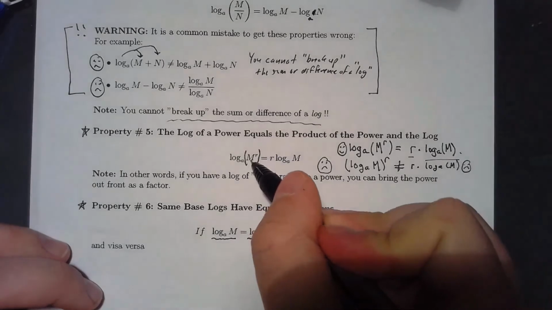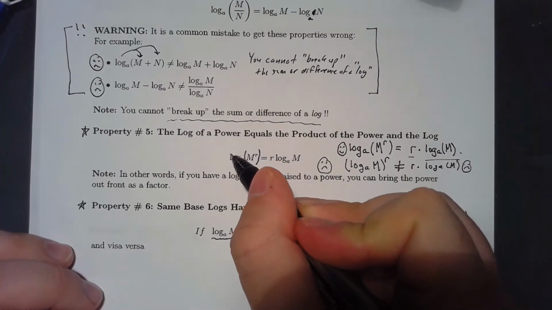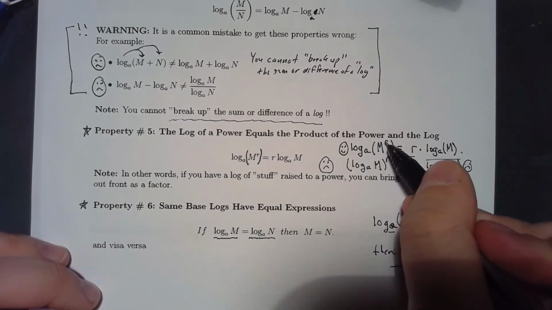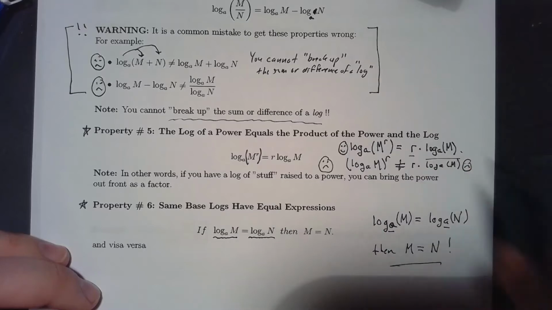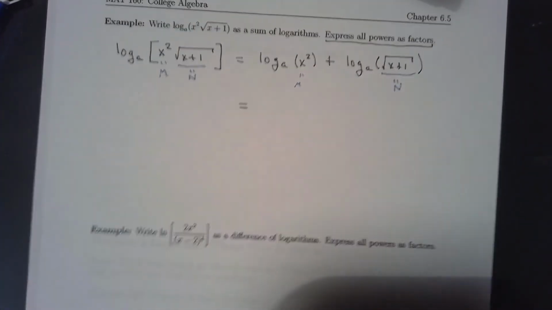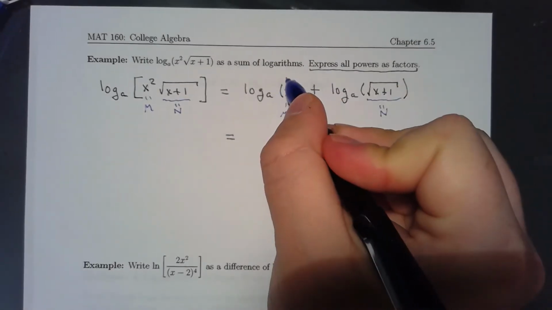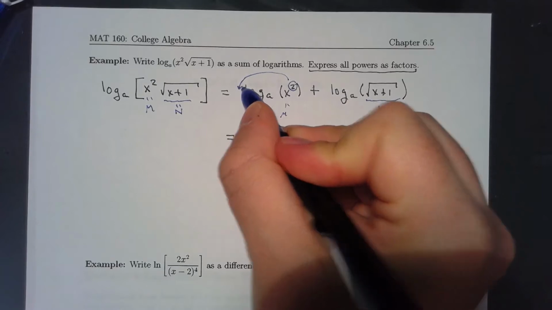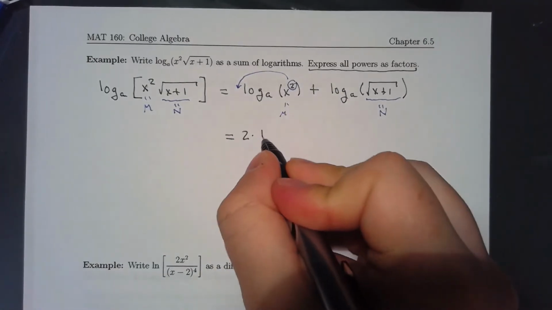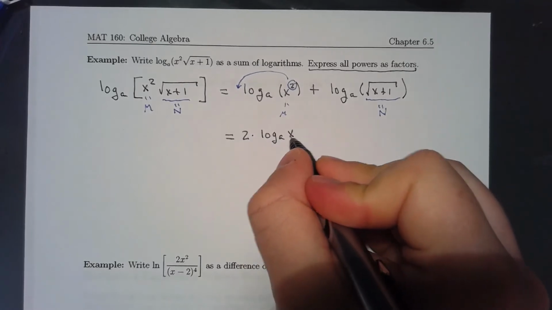If you have a log of something raised to a power, that power comes out front as a factor. So according to property number 5, I could take this 2 and bring it out front as a factor. So I'm going to have 2 times log base a of x